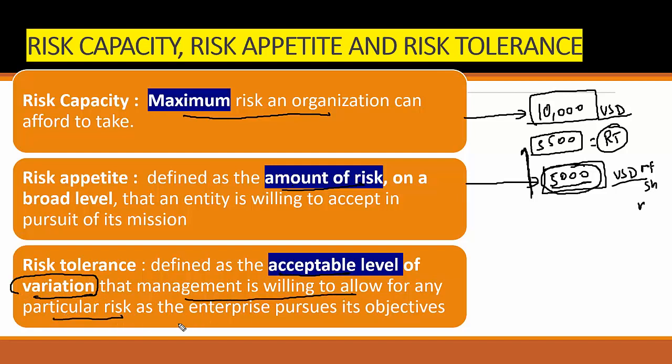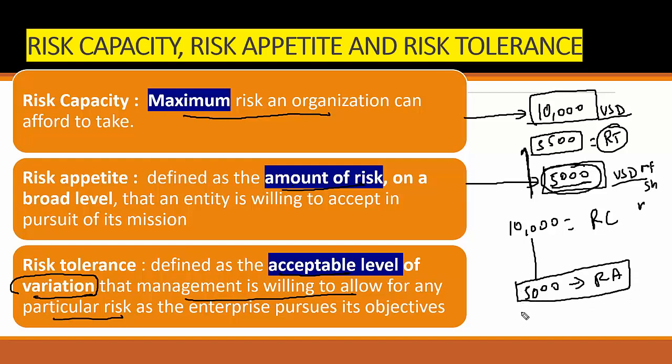Now I'm going to discuss the exam point. See, $10,000 is basically my risk capacity. By the end of the day, I can invest a maximum of $10,000 in a month. I decided $5,000 as a risk appetite, which is fixed for every month, that I cannot exceed for my mutual fund. But one month, I decided to increase my tolerance level of my appetite to $5,500, which is an extra $500 of deviation we have identified, which is called a risk tolerance.